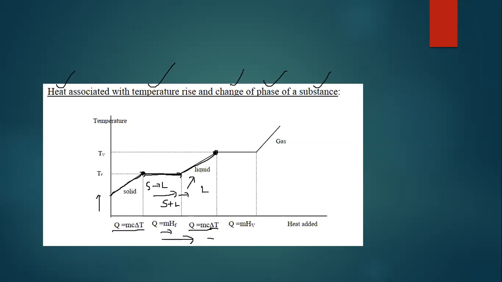Q is equal to mc delta T. So you should know which formula to use at what point. Is the temperature changing or is it remaining constant, or what is happening? Do we have this or that? Or do we have a situation where we first have heat absorbed, then the phase will change, and after the phase changes, the temperature starts increasing? What is happening here? Now, this is the diagram that guides us. We should be able to know at what point, and what formula to use.